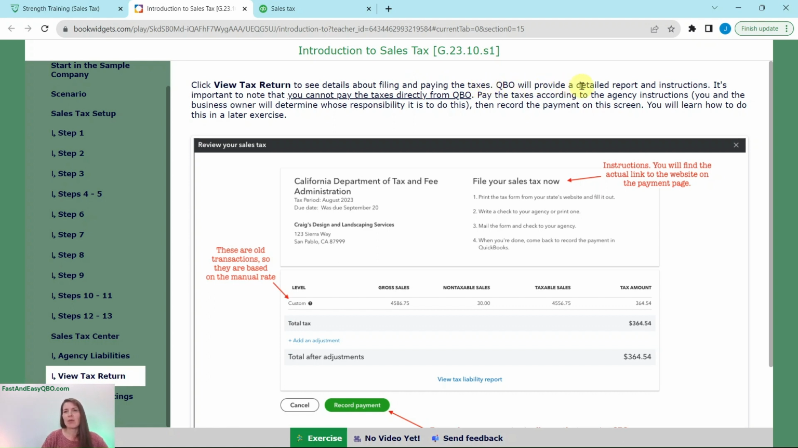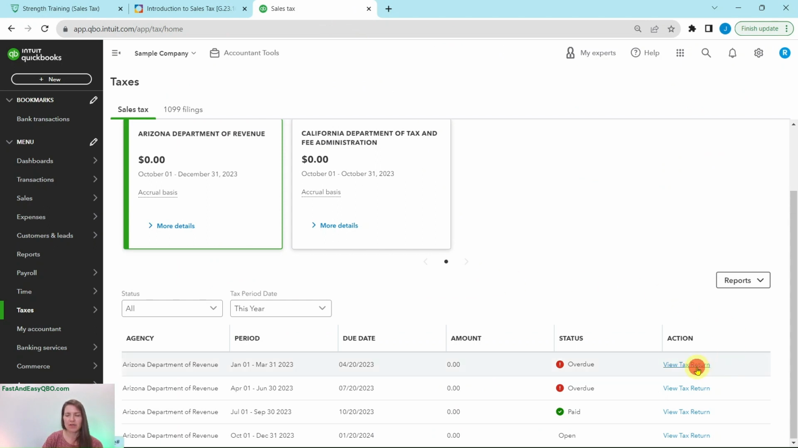Keep in mind that QBO will provide a detailed report and instructions, and it's important to know that you cannot actually pay taxes directly from QBO. You have to pay the taxes according to the agency instructions that either you or the business owner determine who's responsible for that. And then you would record the payment on this particular screen that I'm going to show you. You will learn how to do this in a later exercise. So just keep in mind that even though there is this tax center, you cannot actually directly pay the taxes from QBO. So if we click into this view return for this first one,